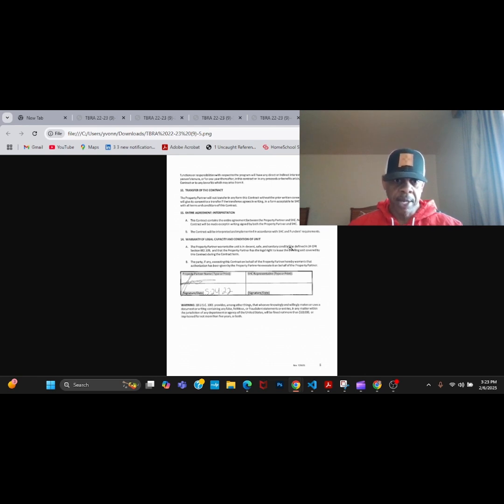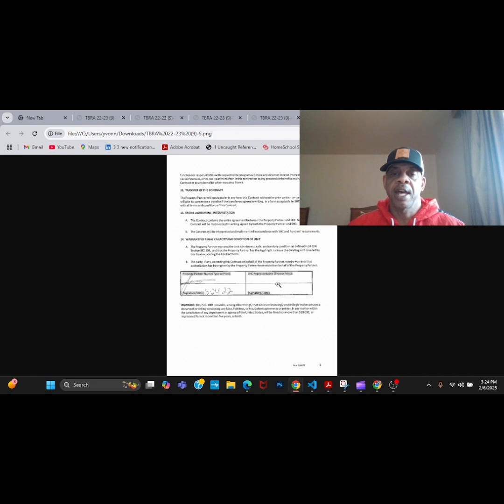Now, here's the final page, and on the first page, if you remember, my name was on the document. It was the realty company and the address, and then the tenant's name. But if you look on this document, only the landlord and the housing voucher agency sign the document.